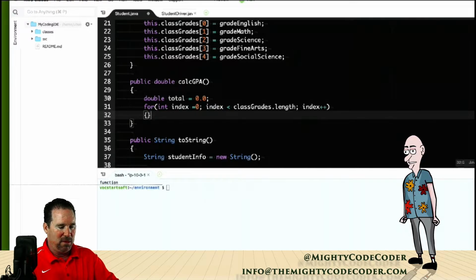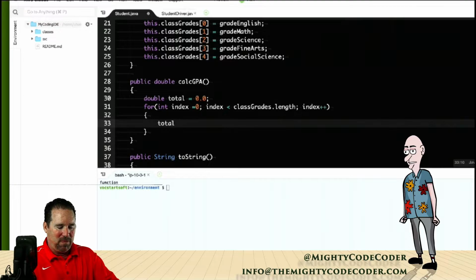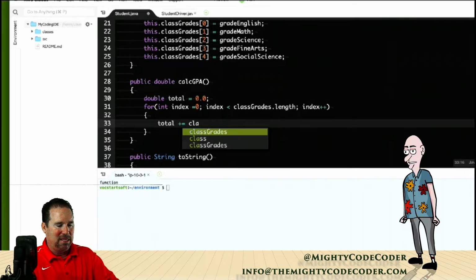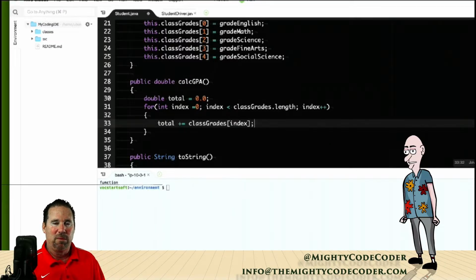It just doesn't give me the second one there, did it? All right, and let's show you what goes on inside the for loop. So we're going to go now total plus equals class grades index. All right, now if you don't understand what I just did there, I'm going to go ahead and write